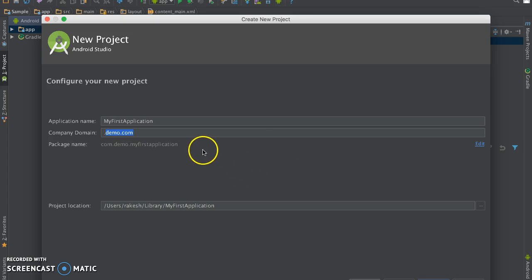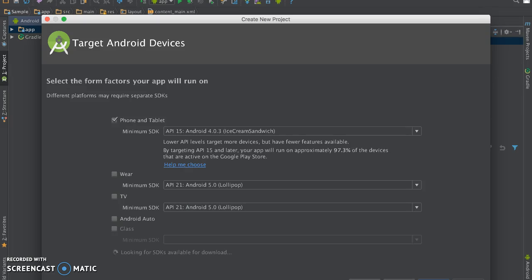This is the location of the project where it has been stored. Now let's go to the next screen. Here, this check mark says that we are developing for